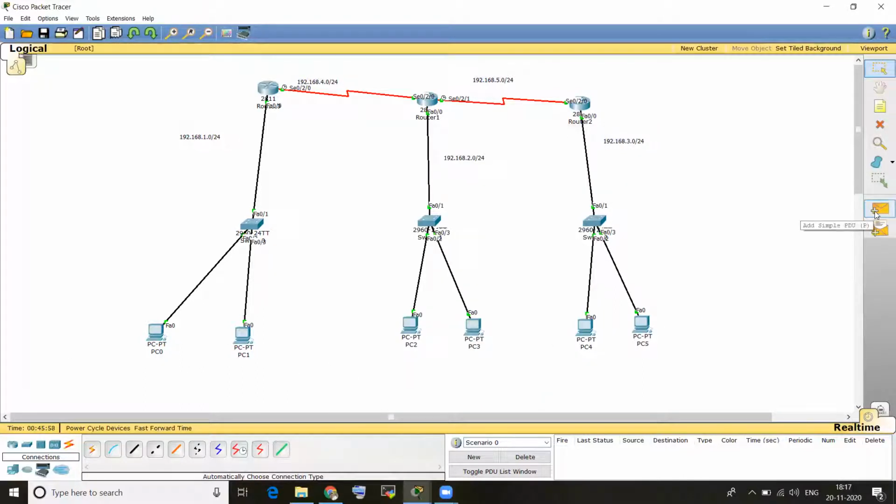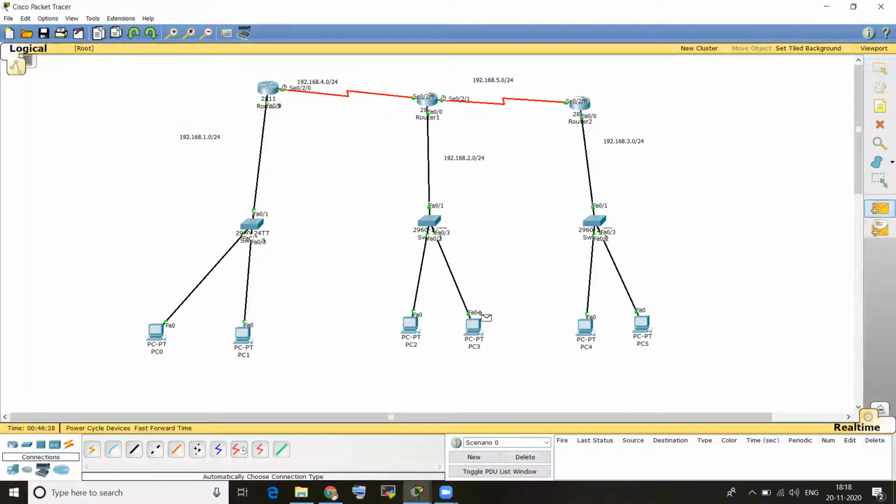I'm trying to send packets, so we'll check whether it will work or not. I'm sending from the first one to the last one. It failed because there are no routing protocols. So that's why we have to add routing protocols. I'm using RIP, routing information protocol. If you configure a routing information protocol, then it will communicate.